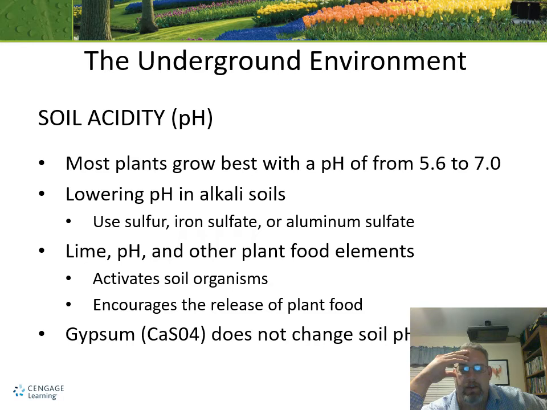Some of the nutrients within the soil, some of those 16 plant nutrients, actually become unavailable when you are above a 7 in the pH system. So you have to use certain things that will lower the pH, and these are often sulfurs, sulfates. They actually create a weak sulfuric acid within the soil when they come into contact with water, and that will help lower the pH. Unfortunately, a lot of these changes are temporary and need to be continual